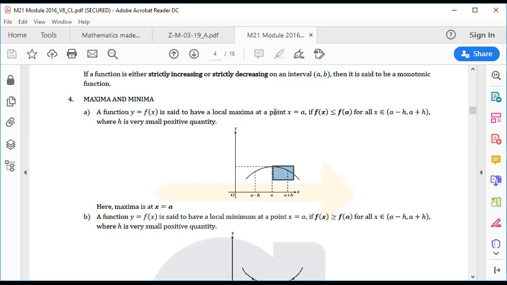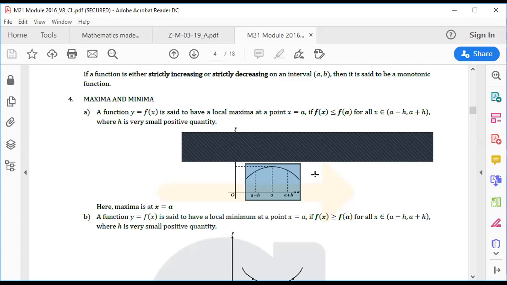So at that time, we can say that your function y equal to f of x is said to have local maxima at x equal to a. Why local maxima? Because here we are considering that function from a minus h to a plus h only. So it is in a small neighborhood of a only, a small left hand side of a and right hand side of a. So as compared to all the values of function at a and in its neighborhood, the value of function at a will be maximum. Then it is called local maxima. And why it is called local maxima, I'll explain on the board as well.